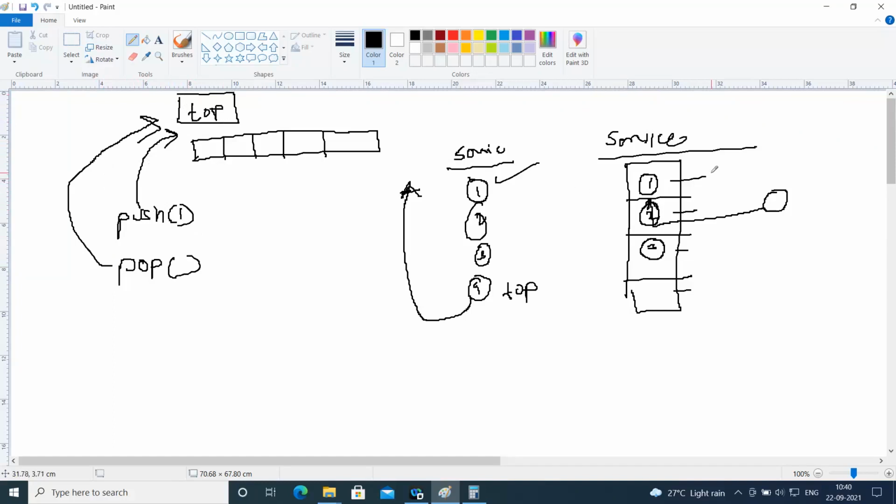But in the case of a queue, we need two indexes. One index is to decide whom you will give service. If there are three people waiting in the queue, we have to serve person one first. But at the same time, when you are serving person number one, if a new person, let's say person number 4, wants to enqueue himself or register a request in the service, then person number 4 must stand after person number 3, at index number 4.